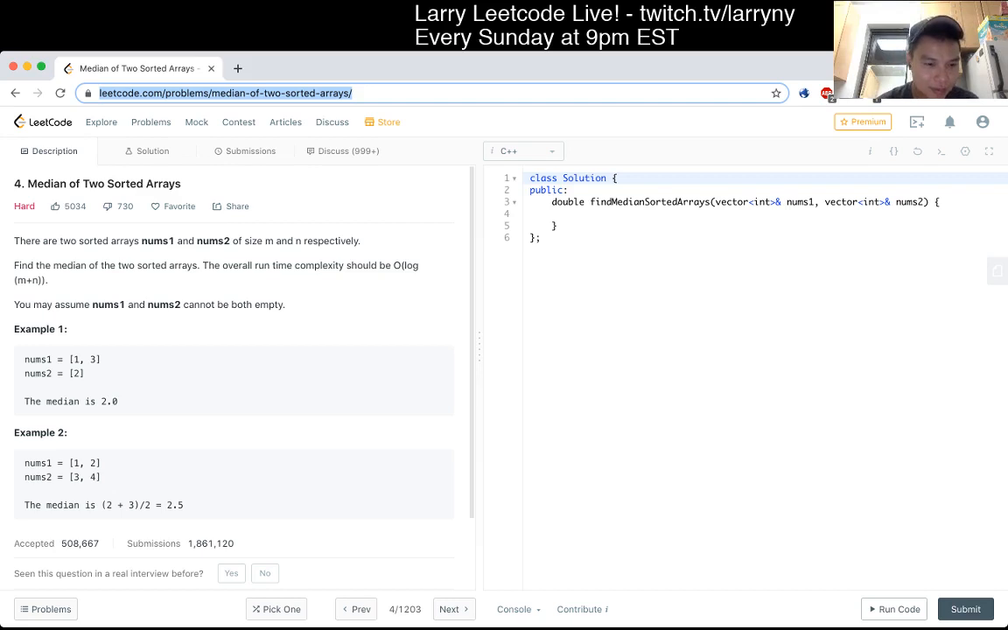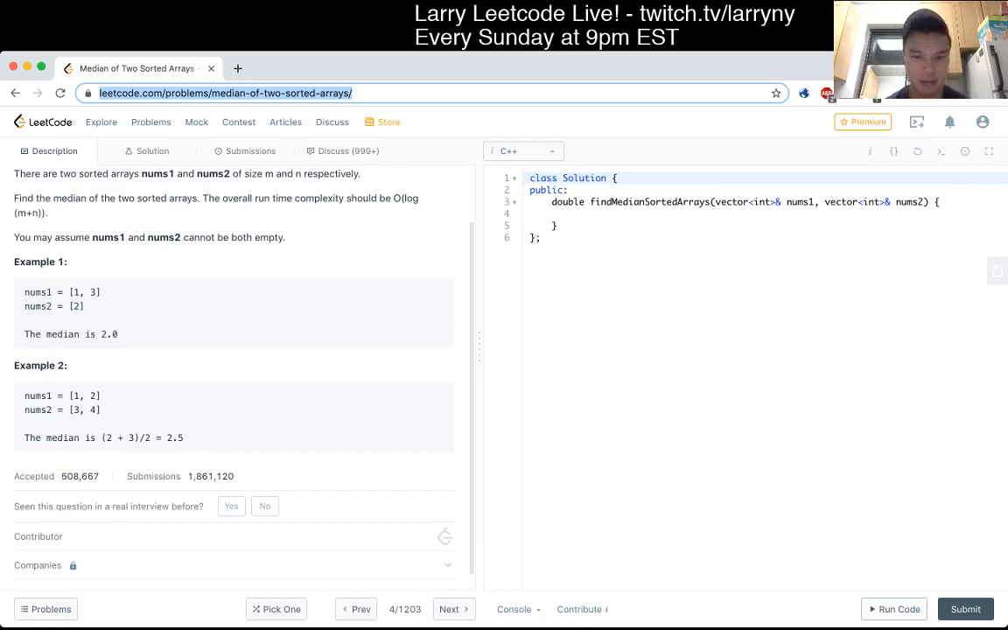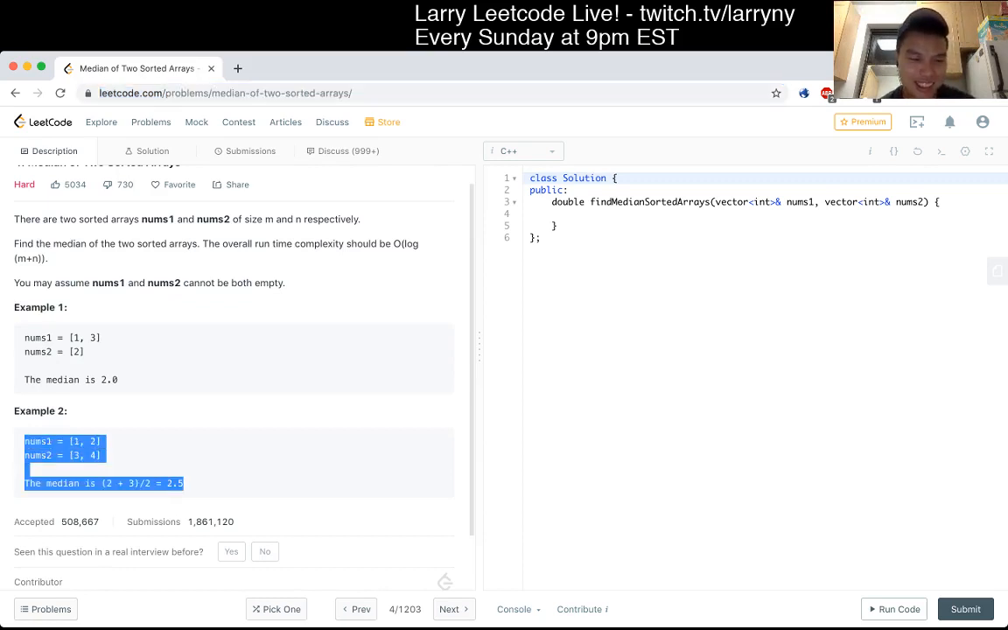Okay. I think this is a very standard-ish problem for better or for worse. Though there are a couple of edge cases to consider, which is like the definition of median given a number of elements in an array. But otherwise,